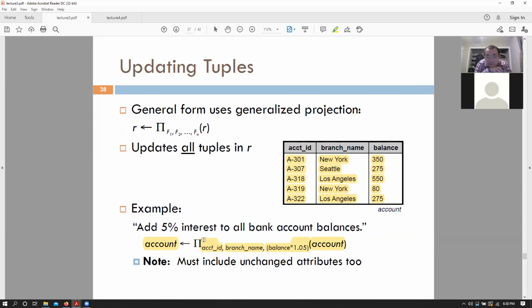And note that this does not actually have to be a single attribute.